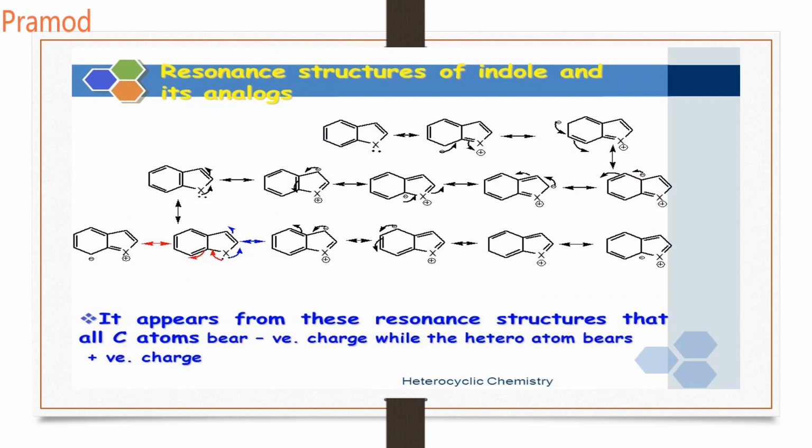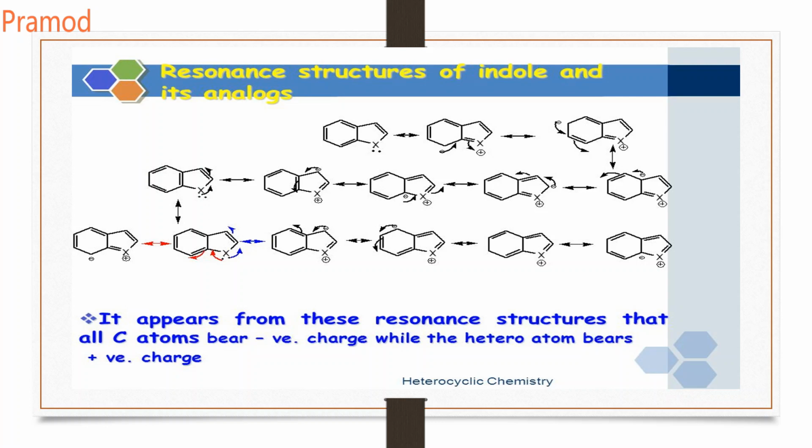So these are the resonance structures of indole and its analogs like thiophene. Let us see the movement of electrons. All the electrons move across the benzene. First, from the indole nitrogen it goes to the third position, then the third goes to the next, and so on. This is how the electrons keep on revolving across the benzene as well as across the pyrrole in the fused indole.